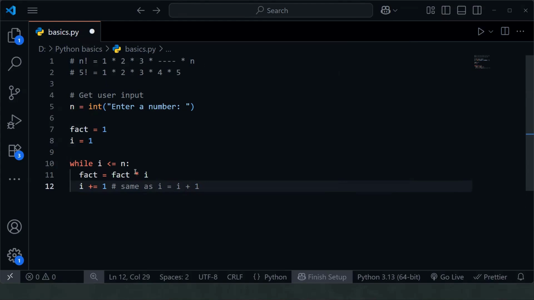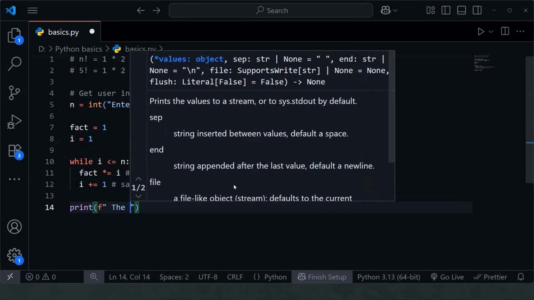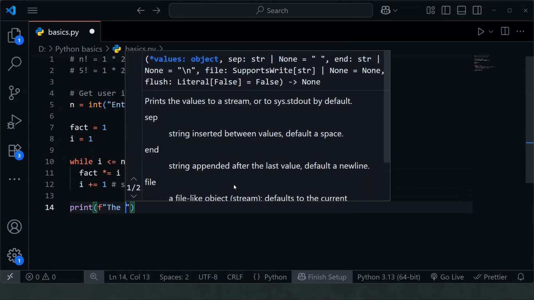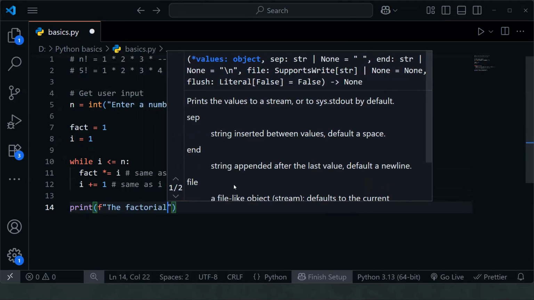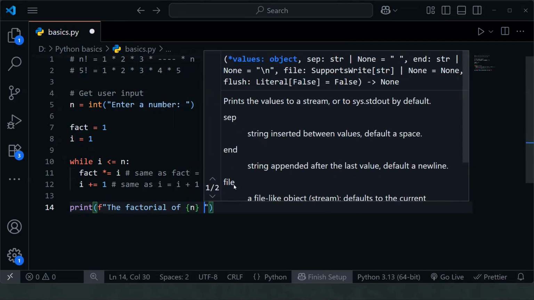You can also do the same thing with fact into equal to I. Okay. So you will come out of the loop and then you will print the factorial of n is